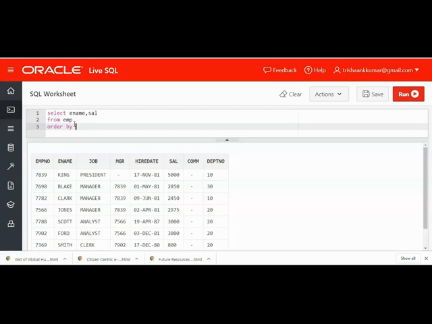After the SELECT statement, specify the ORDER BY clause: ORDER BY, since we need to sort the data based on decreasing order of their salary. ORDER BY sal, which order? Decreasing order, just specify DESC. So this is the general syntax: SELECT column names FROM table. At the end, ORDER BY the column that you want to sort the records by, followed by whether you want increasing order or decreasing order. If you don't specify anything, by default it will be increasing order of values.